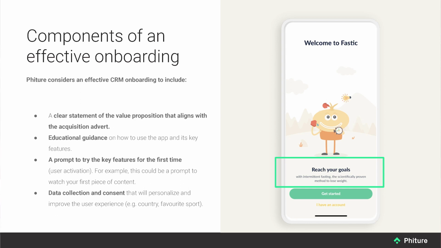So some effective onboarding tactics. Make sure you have a clear statement of your product's value proposition that aligns with the acquisition. I think I've labored that point enough. It's also really important to include some educational guidance on how to use the app and its core features. You can do this natively as part of the product onboarding. You can also experiment with in-app messages to see what features actually drive people to take certain actions